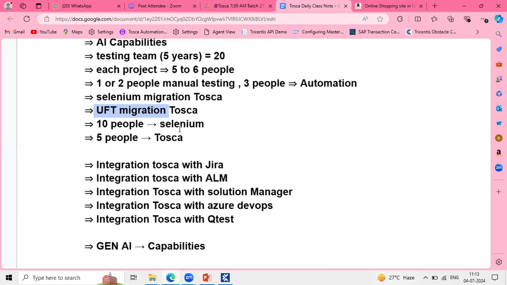Okay. Anusha, one worry here. UFT to Tosca is okay. UFT is, we can say, a legacy tool. So why are people migrating from Selenium to Tosca? Any specific reason here? See, the application is always dynamic, Aditya, right? So at the time of scalability of testing for all the testers, let us assume they just released a new build of the application. So that may impact the earlier release, right? They may add a few more features to the application.